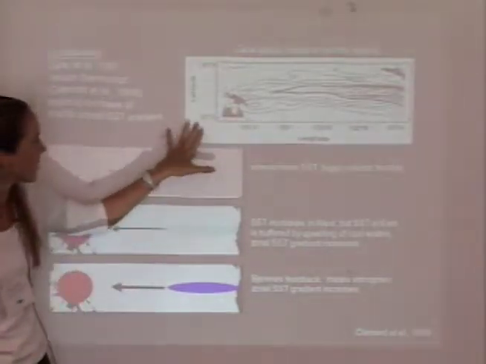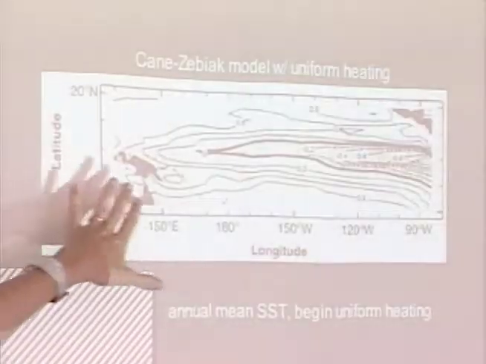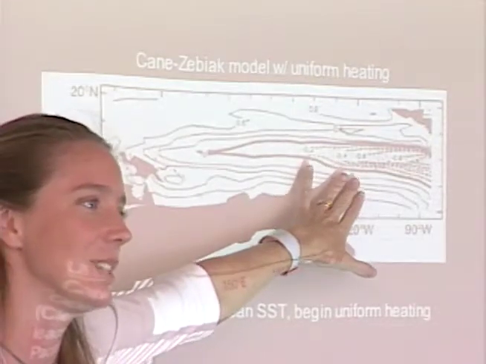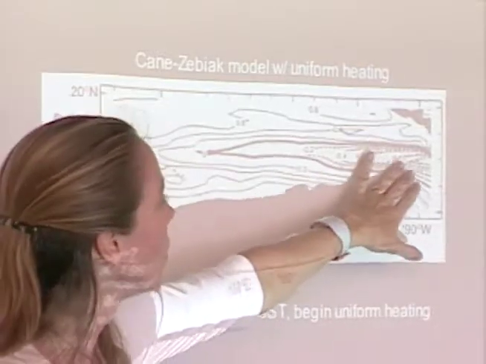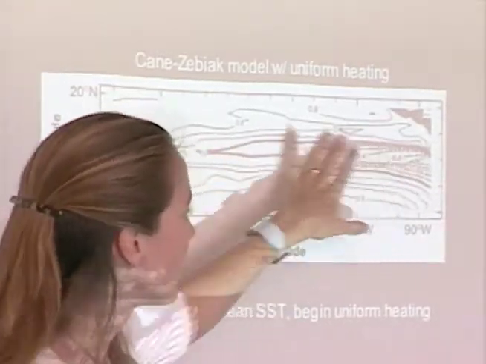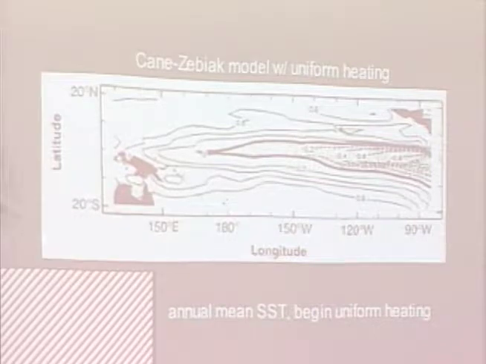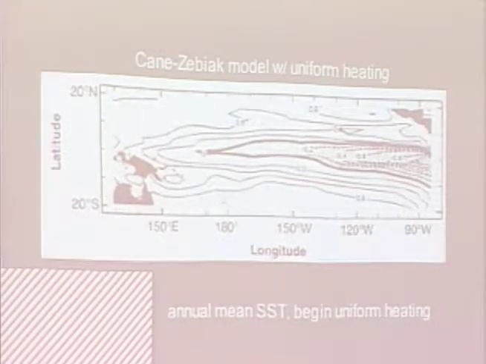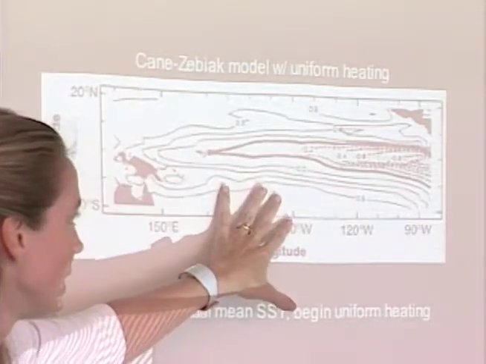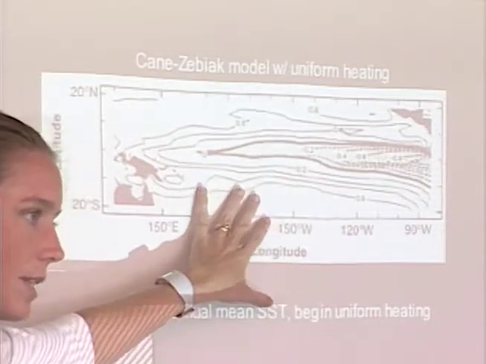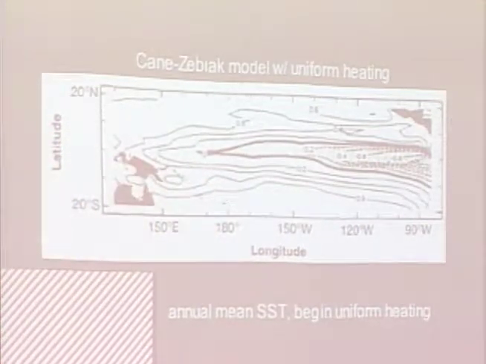This is from a paper by Mark Cane, showing a La Nina-like response, in this case, using his ENSO model, forced by CO2. Okay, this is going to colder temperatures, kind of an intensification of the cold tongue, increased upwelling in the eastern Pacific in response to greenhouse forcing of his model. That's just neither here nor there. It's not a GCM. It's not meant to tell us anything really accurate about the future, but it's illustrating a response in this El Nino model to radiative forcing. It possibly could come true.